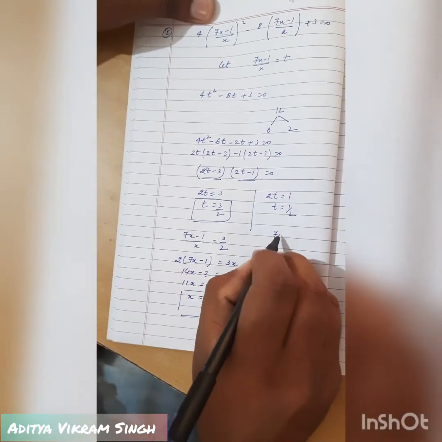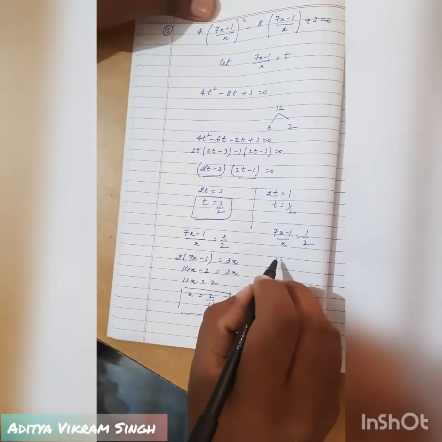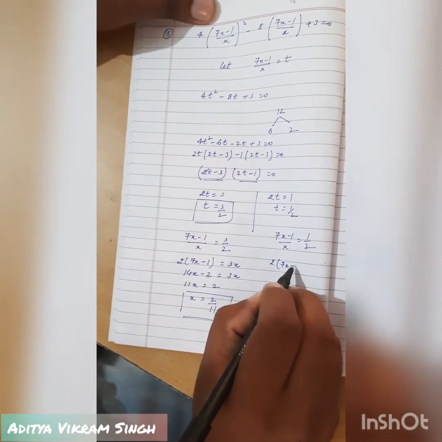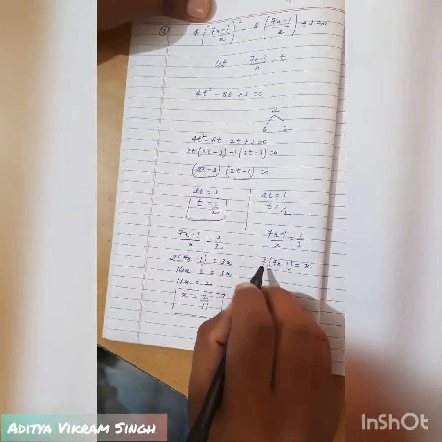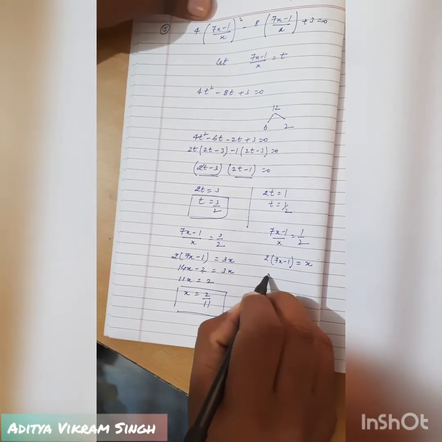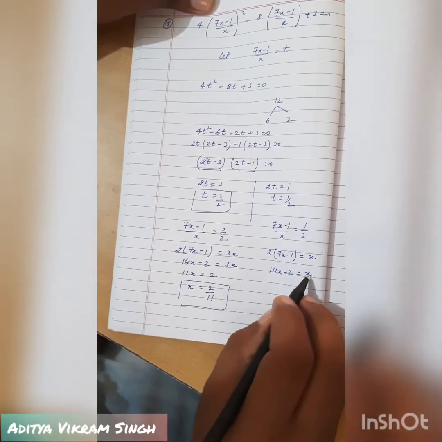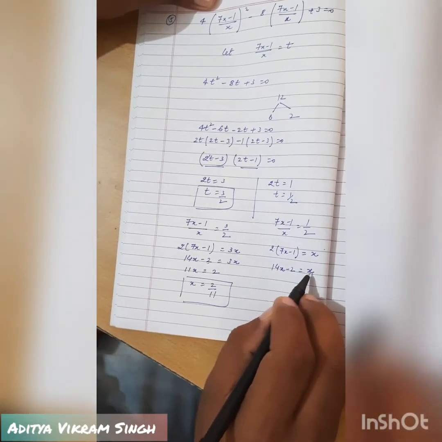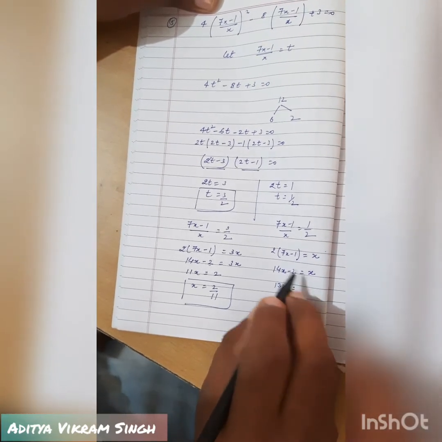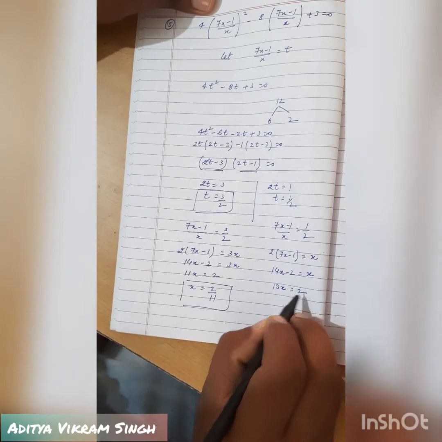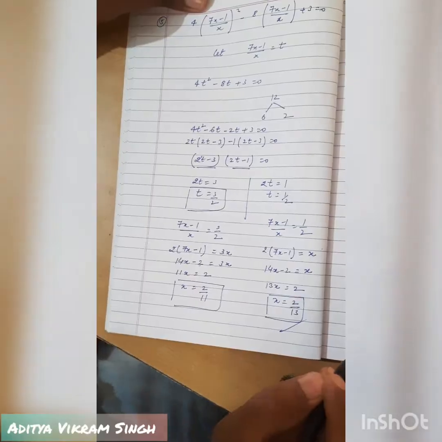Okay, and from here we know that (7x minus 1) by x is equal to 1 by 2. Just cross multiply, we get 2 times (7x minus 1), and here x multiplied by 1 is x. If we multiply 2 with this, we get 14x minus 2, which is x. If we move this x that side, then this will become minus x, and subtracting from 14x, this will become 13x, and if we move minus 2 that side, then it becomes positive 2, and x is equal to 2 by 13. This is our answer.